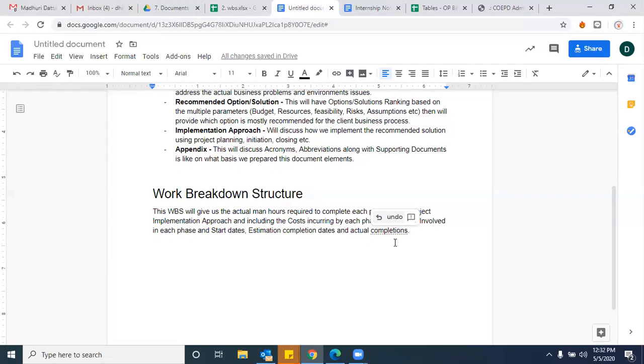And in the majority of cases we need to refer to either the work breakdown structure or the Gantt chart. Accordingly, we need to plan our work. Am I clear? Yes. Karthik, is that clear? Yeah, Dilip.